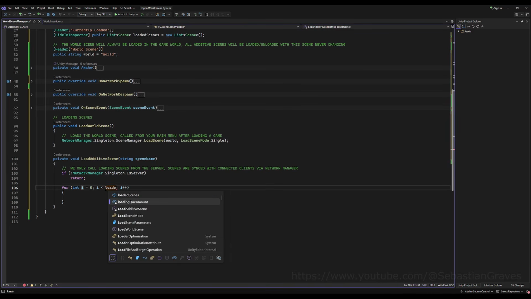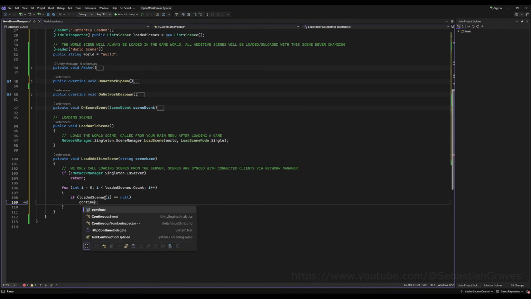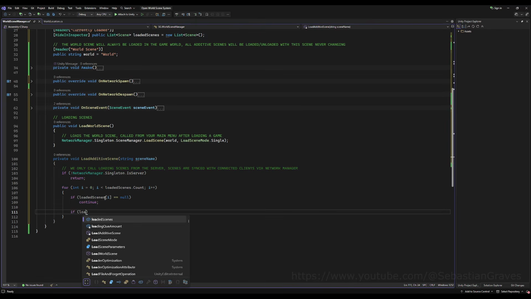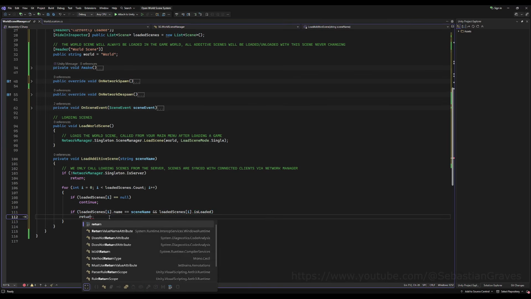Only the host should be able to change the scenes because the network manager syncs the scenes for us with connected clients. Next, we're going to do a for loop, and we're going to go through all of our loaded scenes. And if for some reason, somehow, loaded scene I is equal to null, we're going to simply come down here and say continue. We're going to say if loaded scenes I dot name is equal to scene name and loaded scenes I dot is loaded, we're going to return because the scene is already loaded,